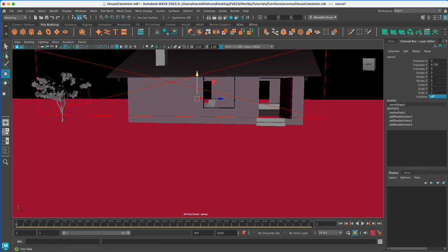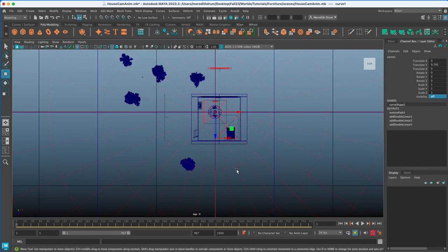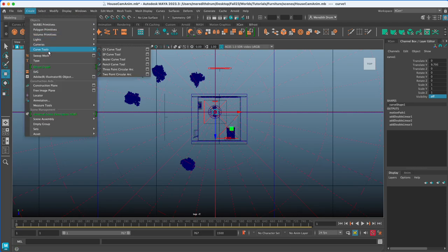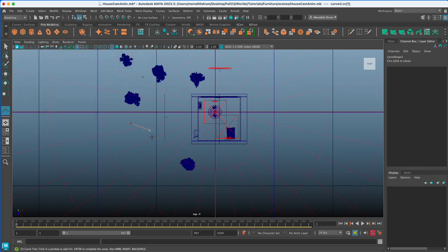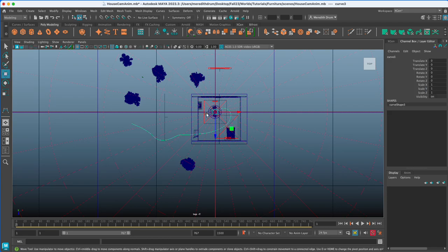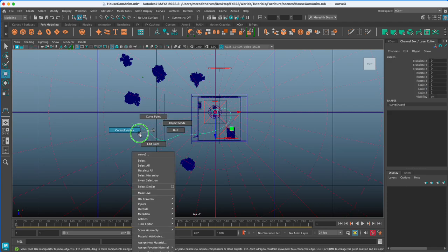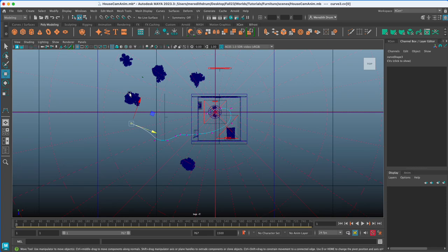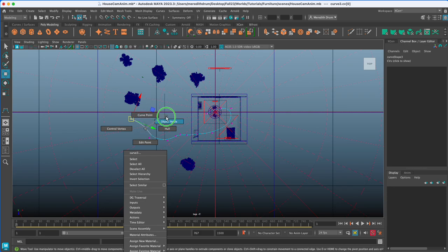I'm going to look at it from top view quickly to make my line. This is my doorway, so let's create a CV curve. You know how to do this. You can have it do any kind of curve you wish, but I'm going to do mine sort of like that. Of course, you can always redirect that later by editing those points. Those first two have a little bit of a different visual there. Okay, and go back to object mode.